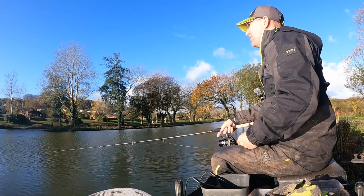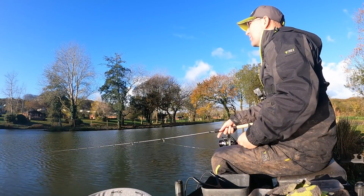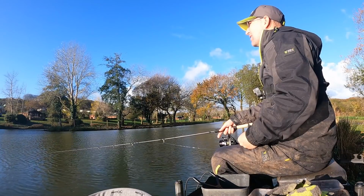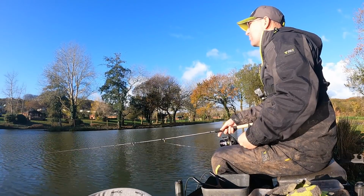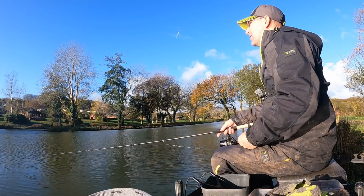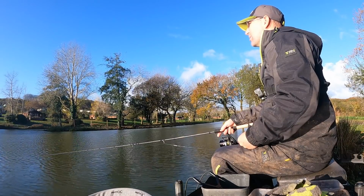They definitely come in waves on this method as well. You'll get a little run where you go bang bang bang and get three or four on the bounce. You might miss two or three. And then you might just wait there 5-10 minutes without a bite, and then they'll come back. You just got to persevere,